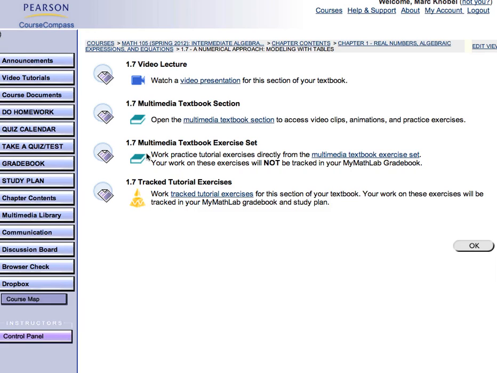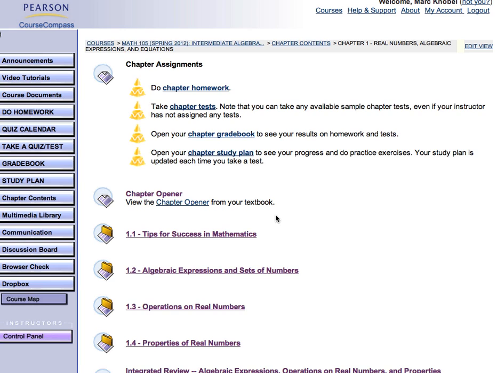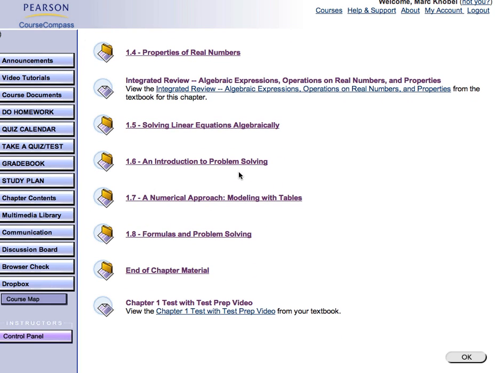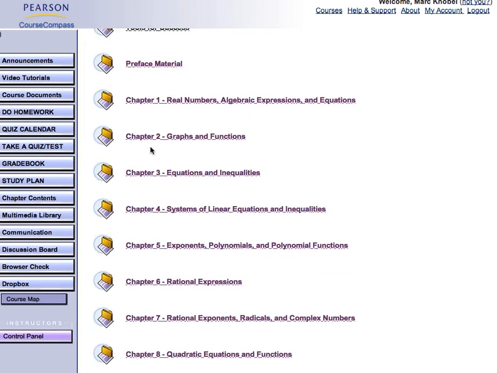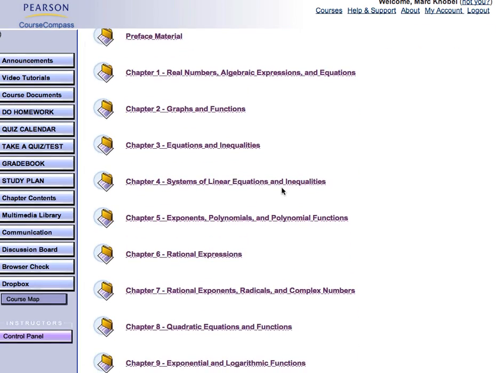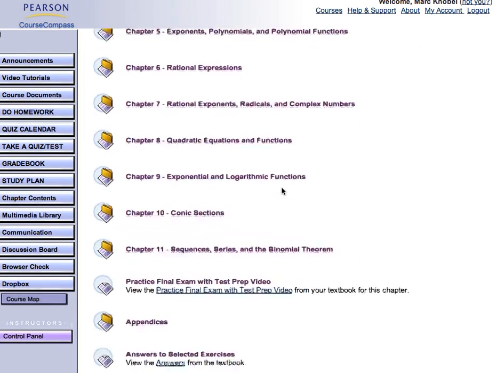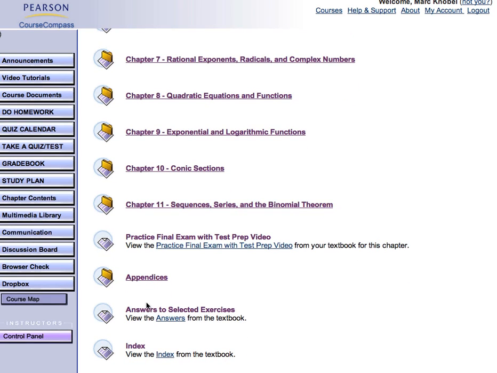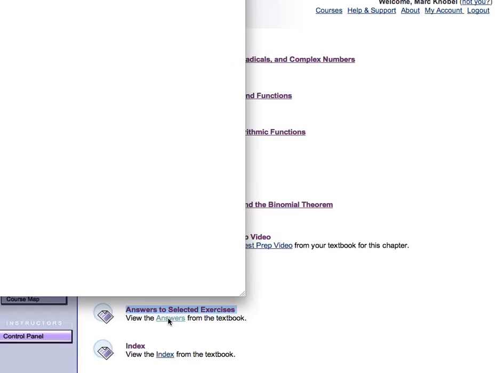The answers are actually not in this section, so I'm going to leave this section and go back to chapter contents. At the very bottom, let me go one more screen here. Back at the chapter level, with folders for all the chapters, you'll see below the chapter 11 folder it says answers to selected exercises. So at least the selected exercises from the course textbook are here. If I click on this link,